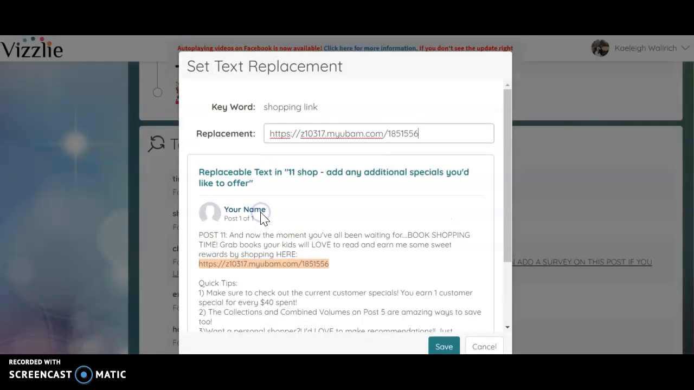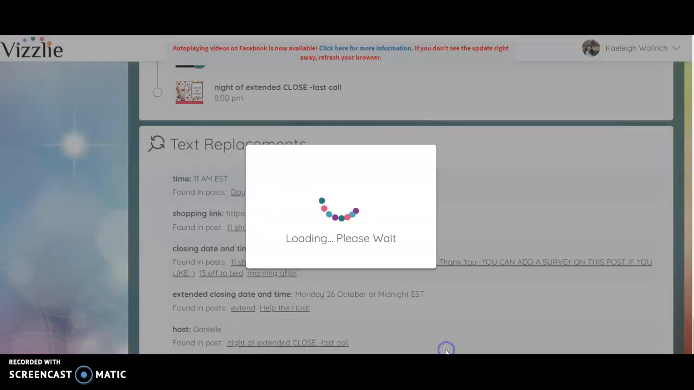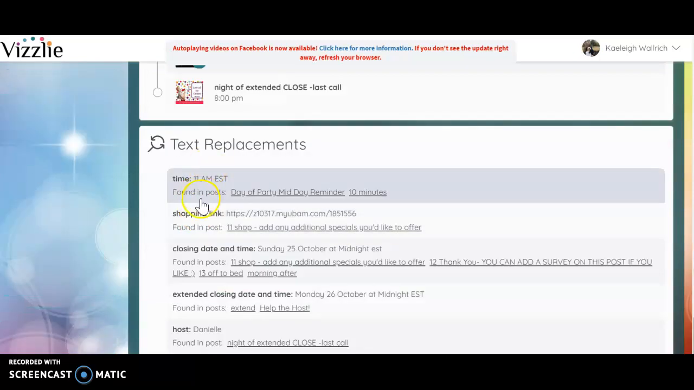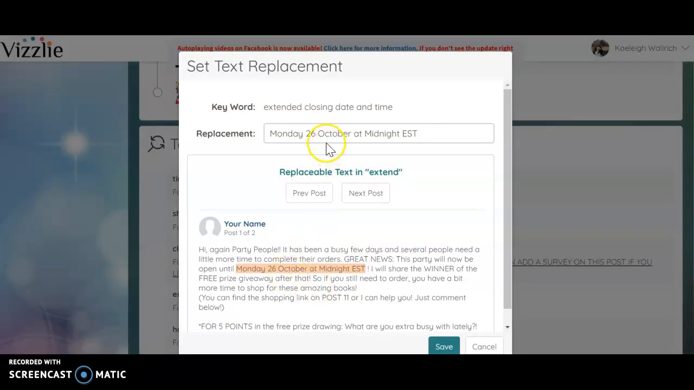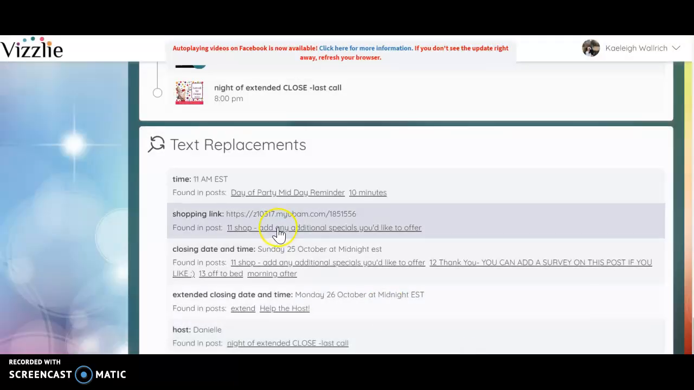So this one again would have been red, but this consultant has already put this information in. So once you put the replacement in, it automatically adjusts what goes out in the post in the Facebook group. And so you're just going to do that for each of the text replacements down at the bottom. And once you have all of that done, then you are going to be able to come back up